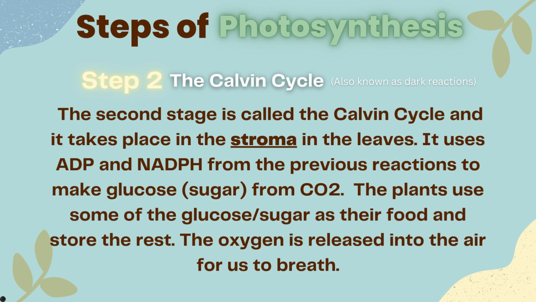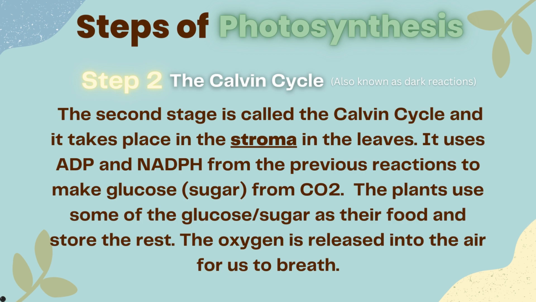Carbon dioxide and energy from ATP along with NADPH are used to form glucose. The plants use some of the glucose, which is sugar, and store the rest. Just a reminder that the oxygen is released into the air for us to breathe. A fun fact is that the second phase is called the Calvin cycle because it was discovered by a scientist